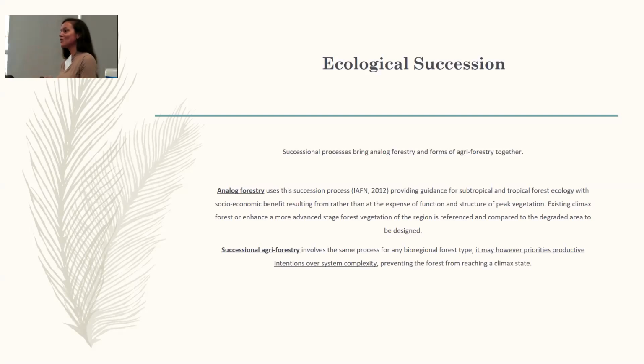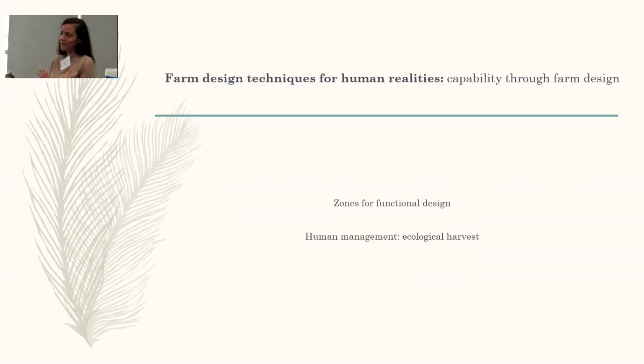So then we're coming into the commercial implications, which is where I consider those in the human realities part of the paper. So the farm design techniques for human realities, you've got this capability through farm design. So the use of farm design and transfer of knowledge automatically builds this capability and understanding to improve biodiversity outcomes